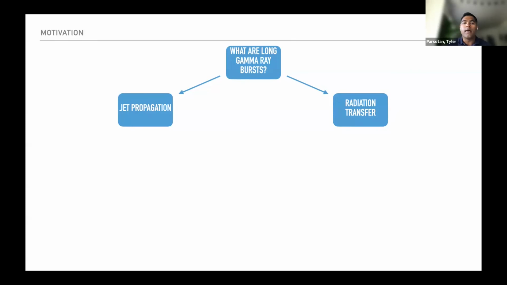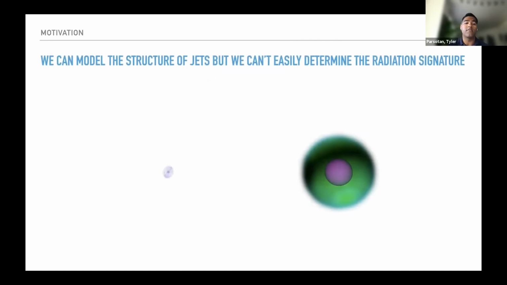So as many of you know, the study of gamma ray bursts, I'll be focusing mostly on long gamma ray bursts, has been broken up into two main areas: those who study the jet propagation side of things, and those who focus mainly on the radiation transfer side of things. Now, looking at the jet propagation side, it's relatively straightforward to run your hydrodynamic simulation where you inject some sort